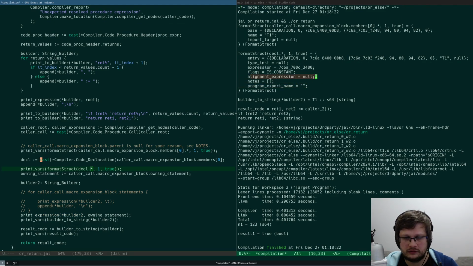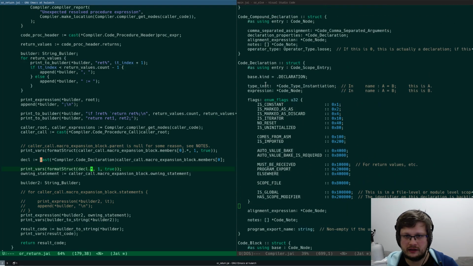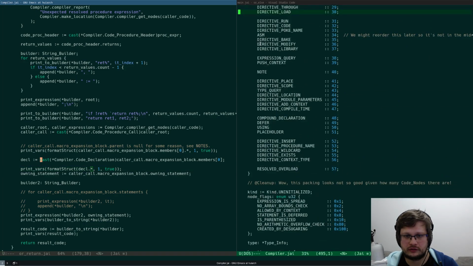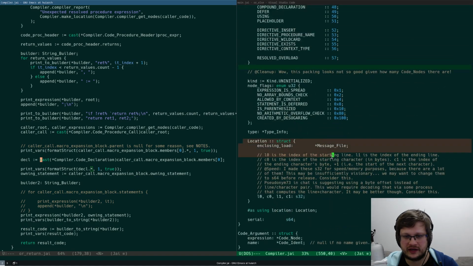Alignment expression is null. It is a constant. It has an expression. It doesn't have type instantiation yet because the expression is just a code node, and this code node doesn't have. It has location, and so locate.